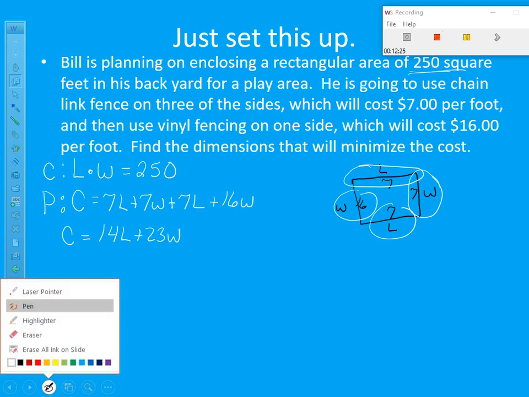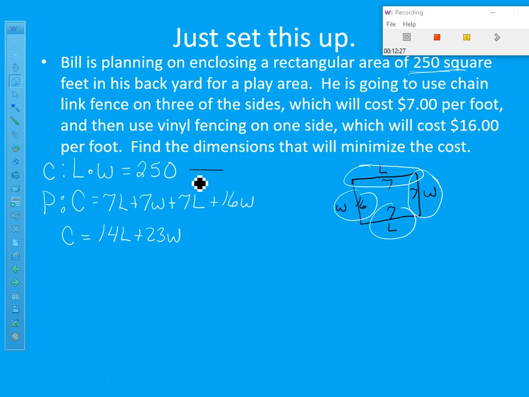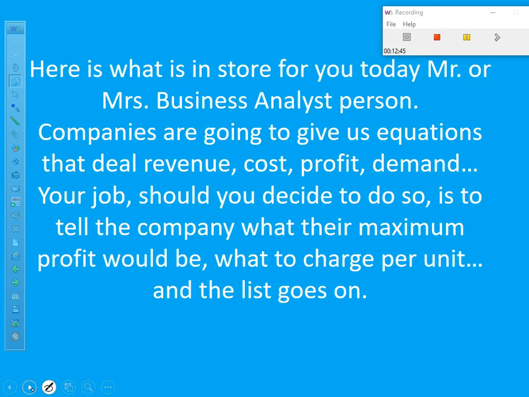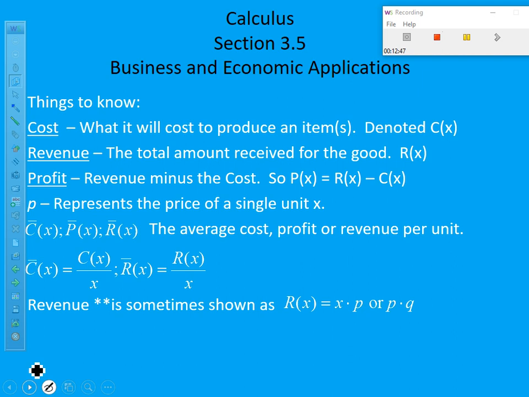and then the steps will be the same. I would solve this equation for either L or W, and I got 250 over W. I would sub that in, simplify, find the derivative, and then go get the answer. So guys, there's the first part of the day, tying in cost. Now, the second part of the day is we're going to review all of those